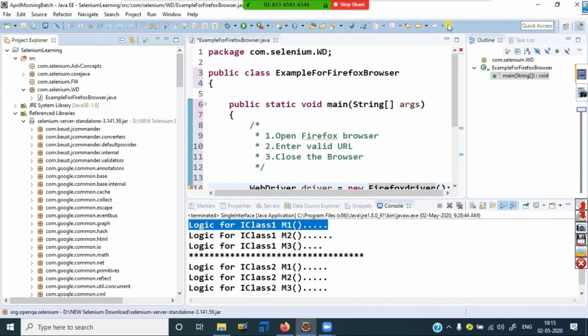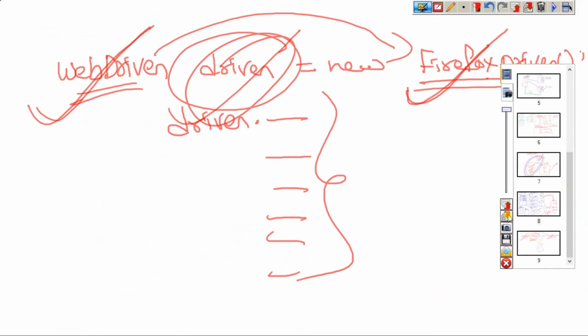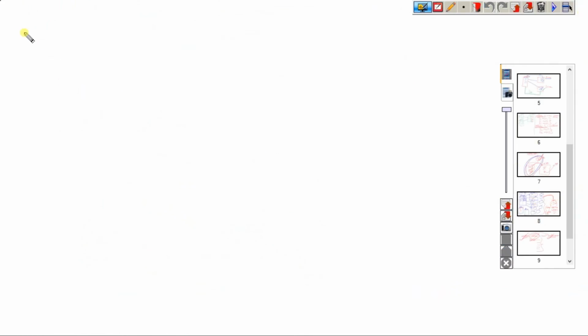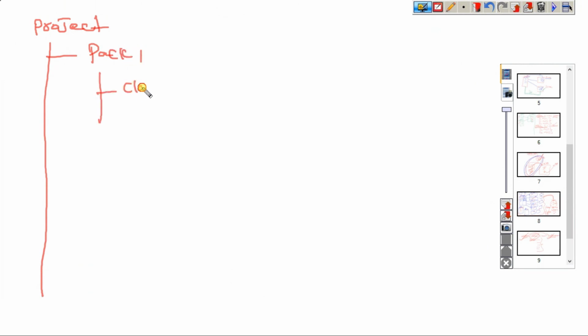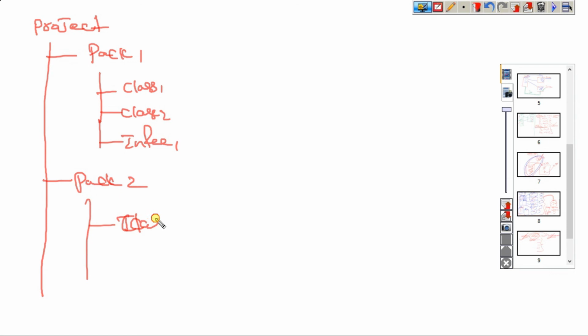Okay, once again I repeat. See, this is a project. It has one package with class 1, class 2 and interface 1. This is another package, pack 2, which has class 3 or something.